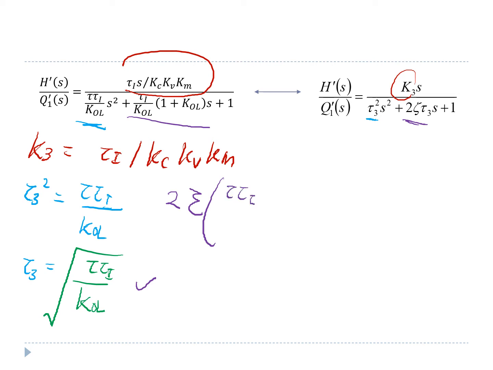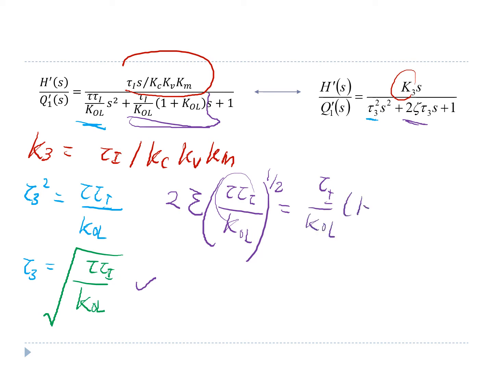So tau I over KOL to the power of half, which is equivalent to the square root of this term, equals this term tau I KOL 1 plus KOL, right? And then bring this term 2 to the right side will give you the value of damping coefficient equal to half